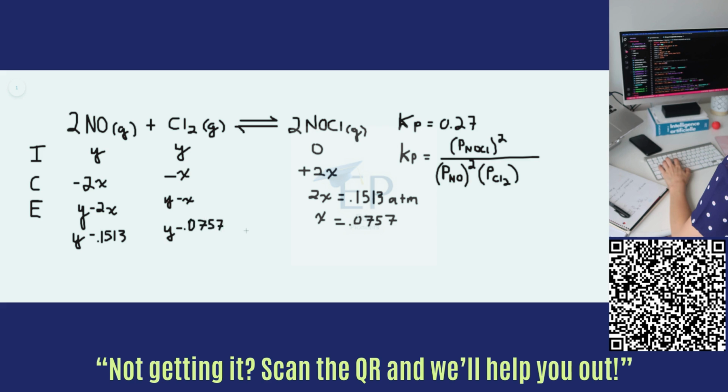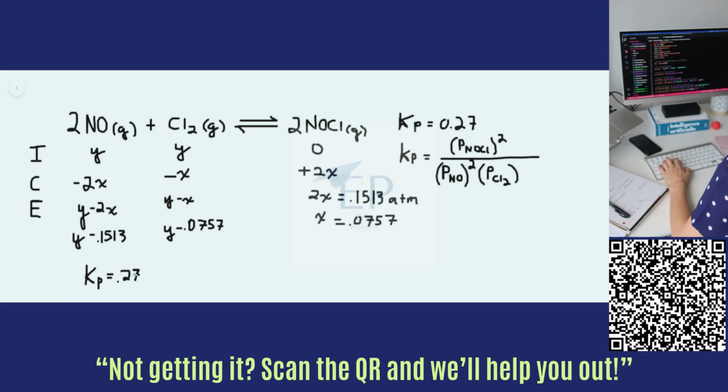Great. Now we can plug all of this back into the equation for the equilibrium constant. It's the partial pressure of the products, NOCl, squared because of this 2, divided by the partial pressure of NO, also squared because of this 2, times the partial pressure of Cl2. So if we plug everything in, Kp equals